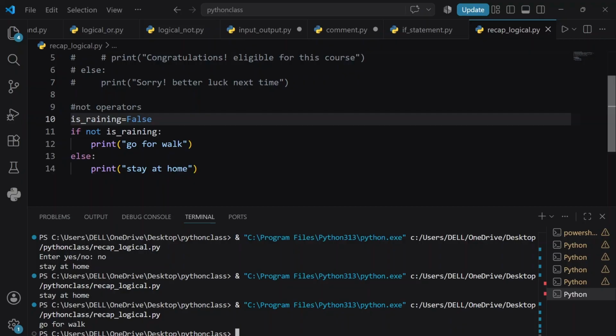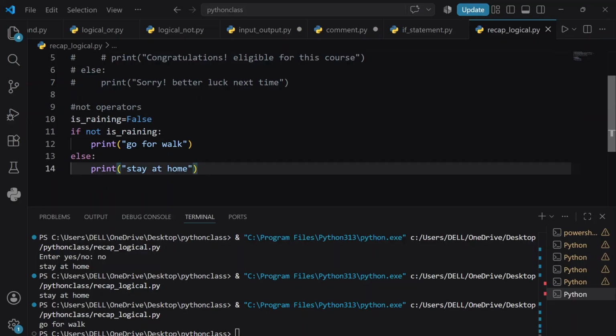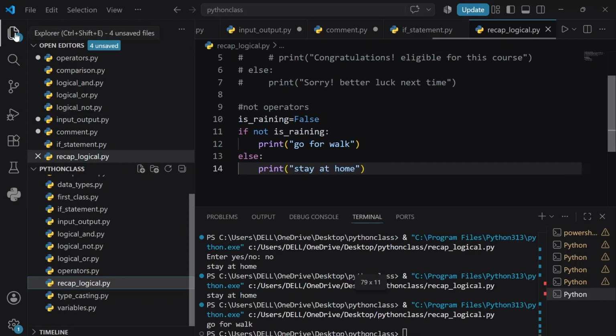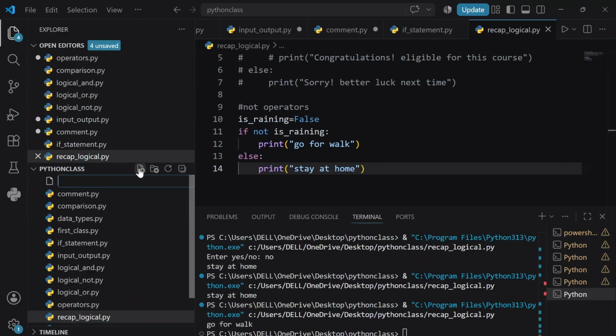So now we are going to talk about the nested conditions. Means an example of our nested conditions. And let's check it out. So again, what we have to do, we have to create a new file,